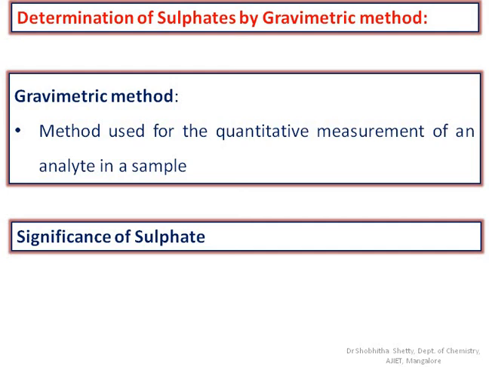So we know the importance, and how they are distributed in nature also. These sulfate ions are distributed in nature, in natural water, soils, as well as food content also. So analysis of sulfate is an important method to identify the quality of the sample or water quality, etc. So, the gravimetric method of analysis of sulfate ions.